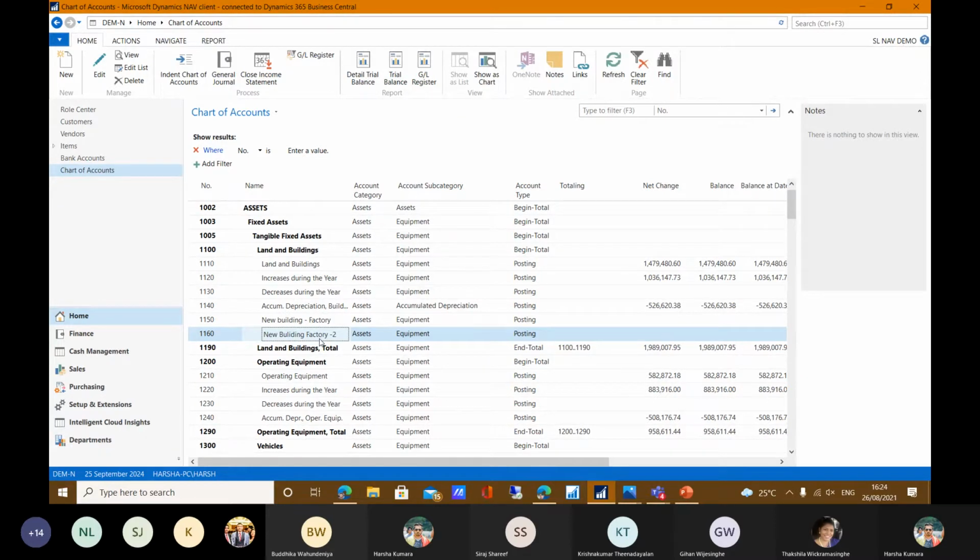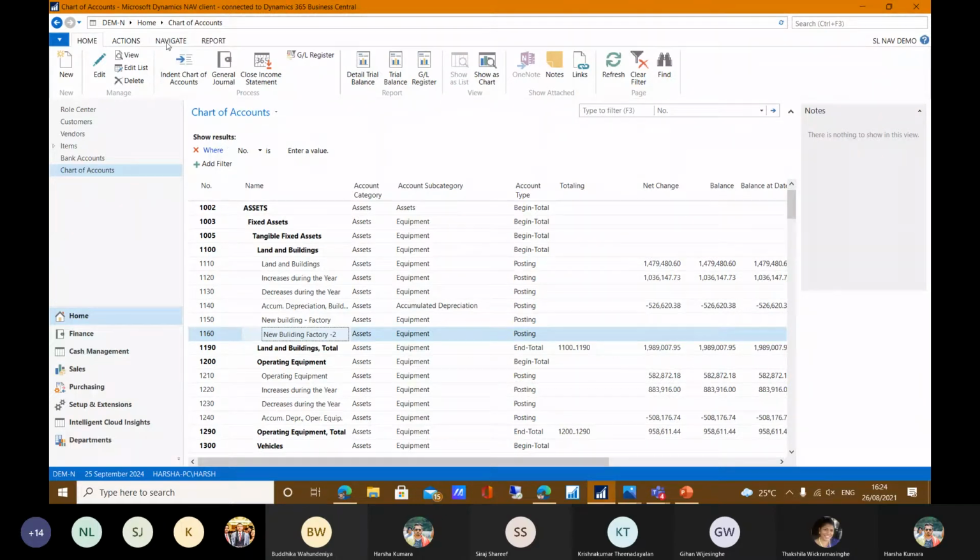All the departments have dimensions, and all the posting entries go with that dimension. Then for every account we can assign the dimension, and we can control to avoid unnecessary posting, the wrong posting into the chart of account, prior to the posting.